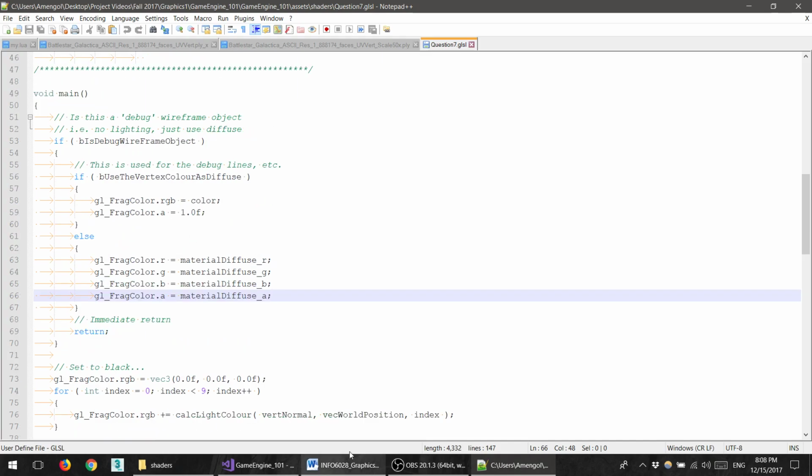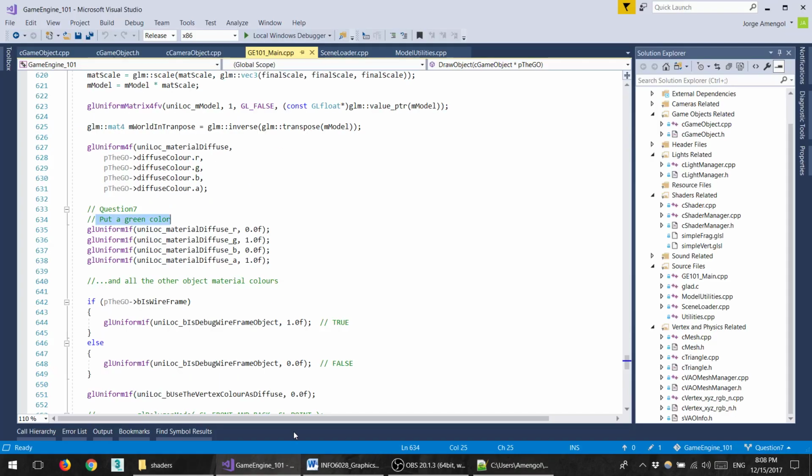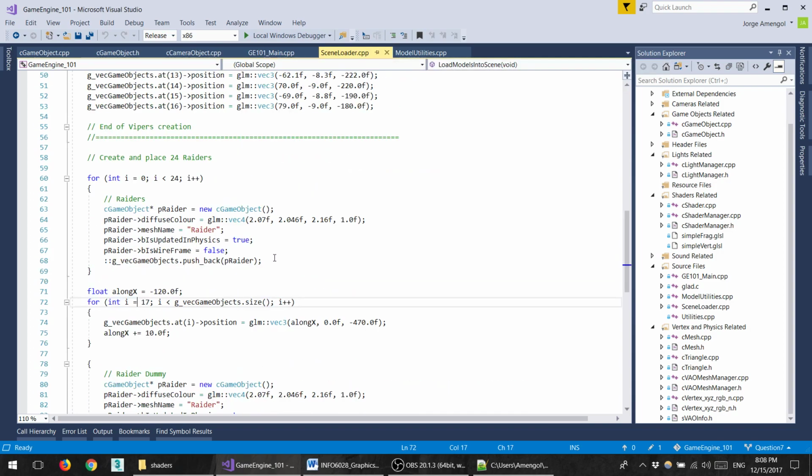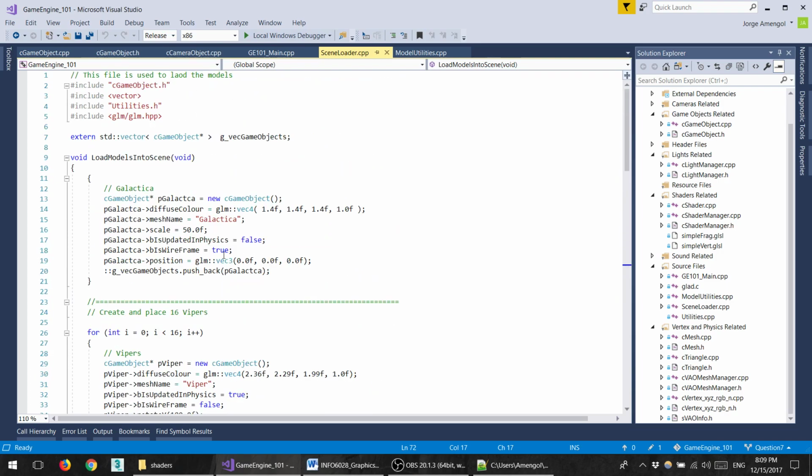And to show that this is working, I put the information in the wireframe stuff. So for the scene builder, I changed the Galactica to be wireframe, and as soon as it's wireframe, it will be using this tweaked shader. Okay,